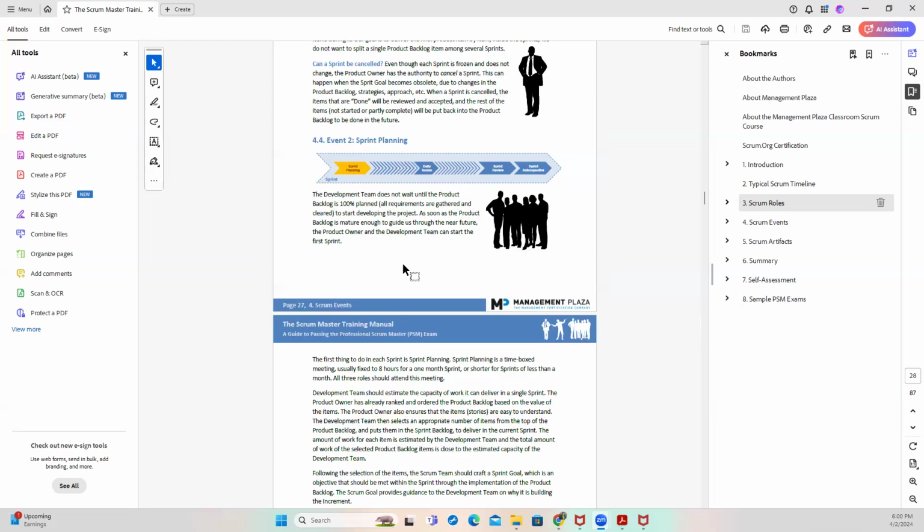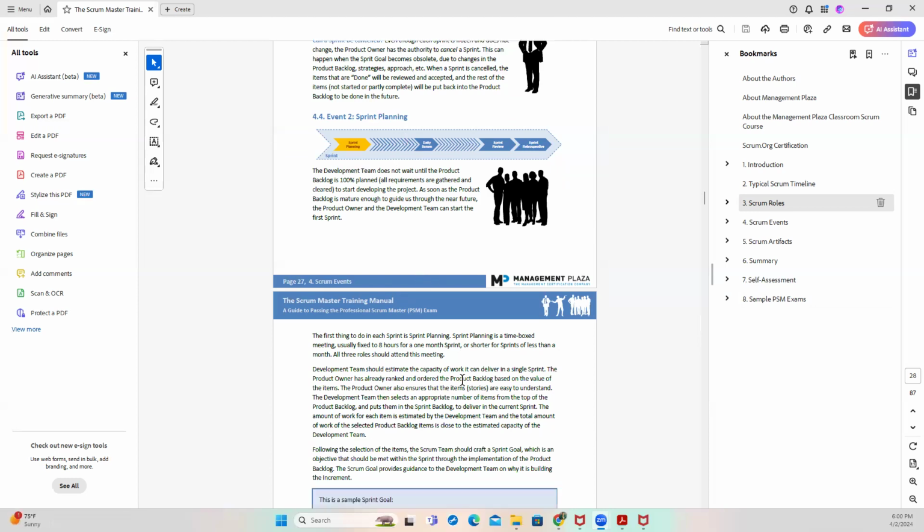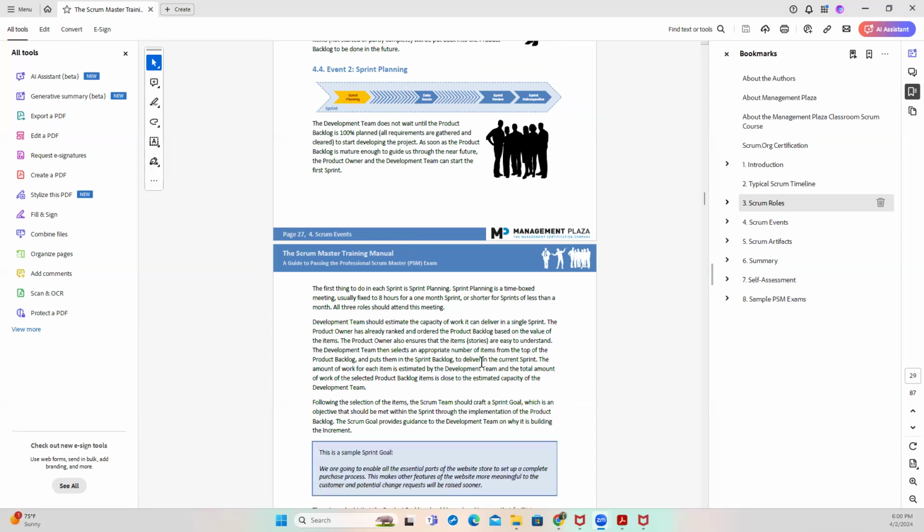All right, so the sprint planning is the first event that happens. It's usually fixed at 8 hours for a 1 month sprint. Now, that is very technical. Learn something: if it is 8 hours in a 1 month sprint, it means it's going to be 4 hours in a 2-week sprint. Did you get that? Did you understand that? So the time has been divided. If it is 8 hours in a 1 month sprint, it is going to be 4 hours in a 2-week sprint.